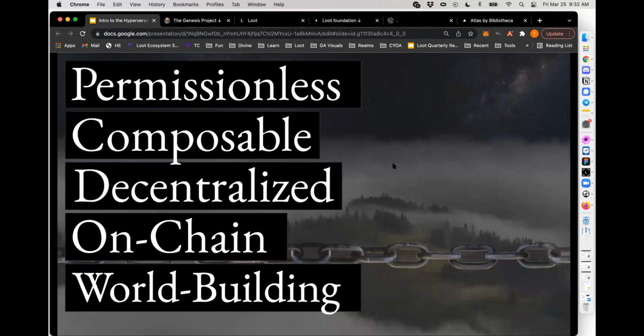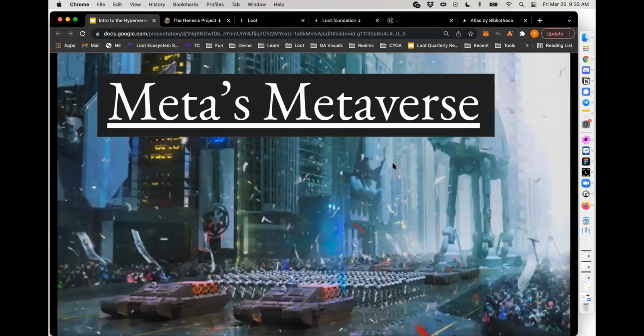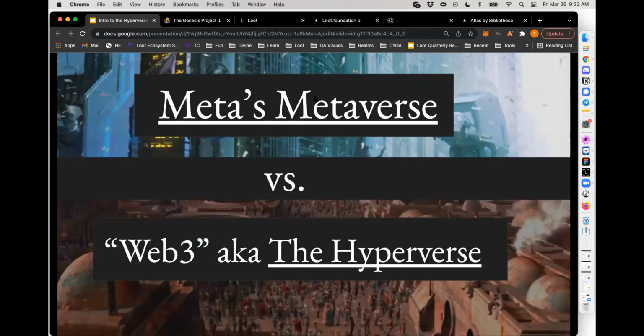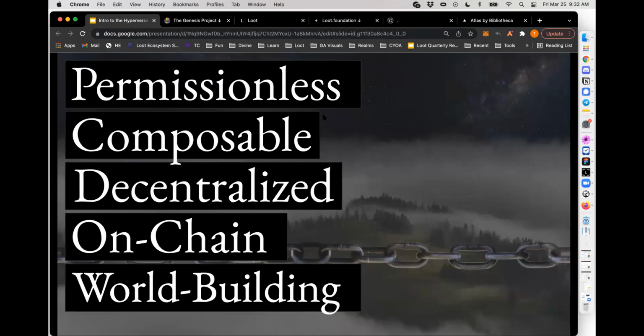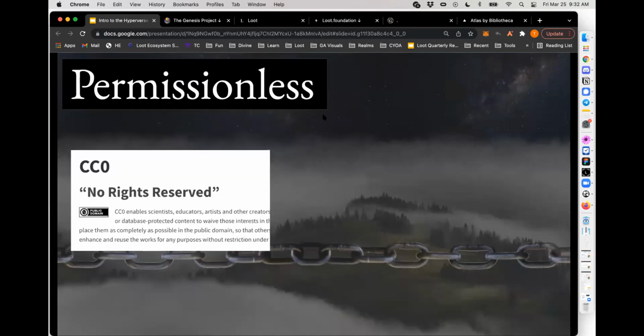And I think both need to exist, the same way that open source software needs to exist right in line with centralized software. The difference is within Web3, open source doesn't just have to be a public good and doesn't just have to be for the goodness of the heart as a side project or something. What is open source can also be highly profitable, and what is open source can also be highly scalable. So we're going to be talking about these concepts here, and I'm going to dig into Loot in a second.